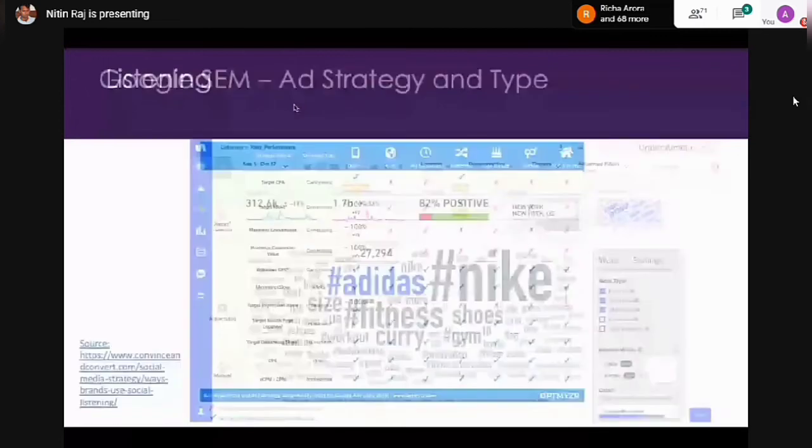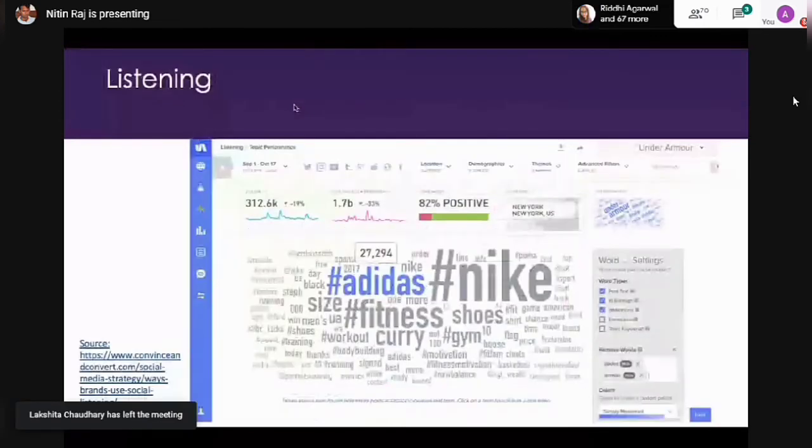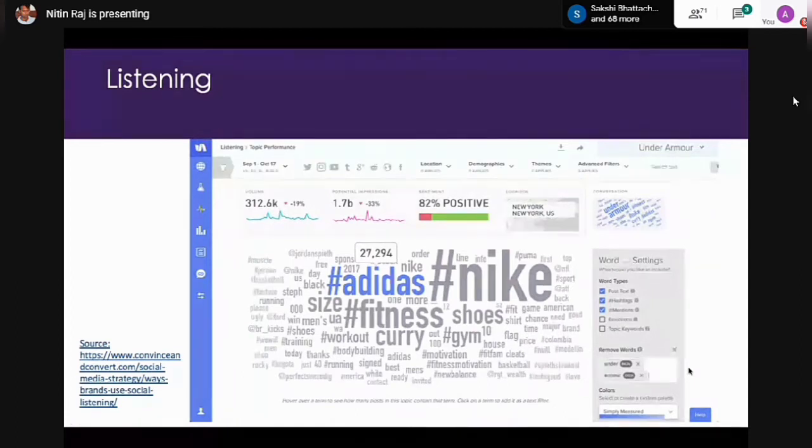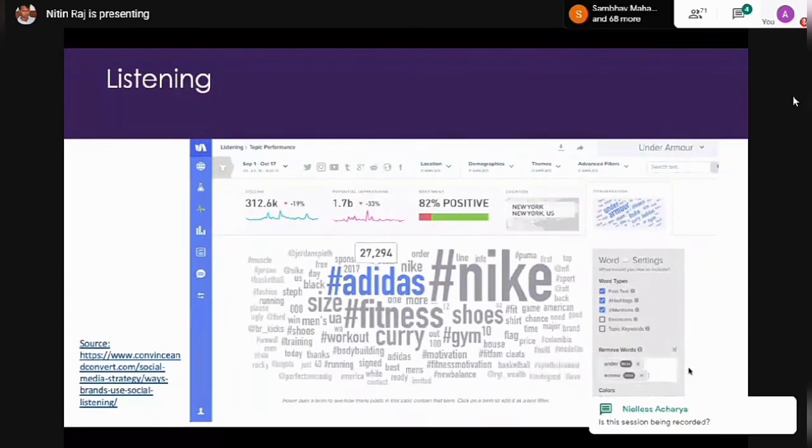Moving on, the next piece is social media. One of the most important things is listening. This is an example of Under Armour. Under Armour wants to compete with the likes of Nike, Adidas, etc., so they want to know exactly how the sentiment is going for their own brand and other brands.